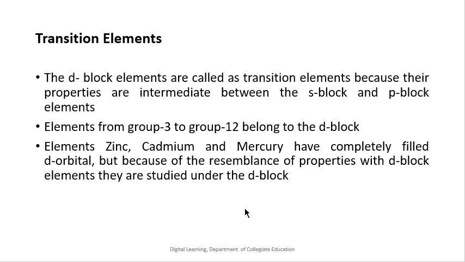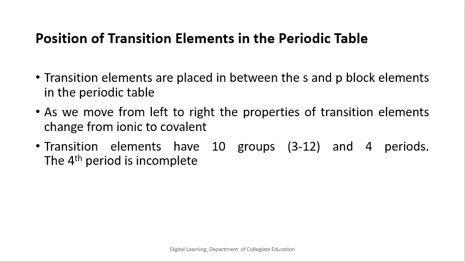The d block elements are called transition elements because they show a transition or a change in properties from the most electropositive s block elements to the less electropositive p block elements. As we know, the d block elements are placed between the s and the p block in the periodic table,